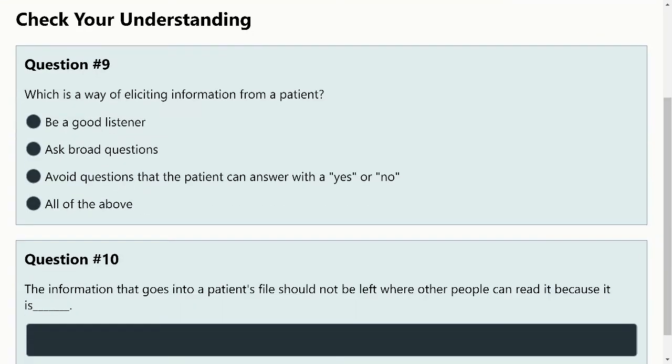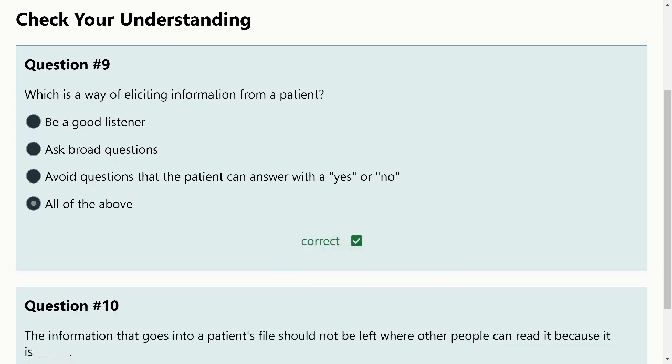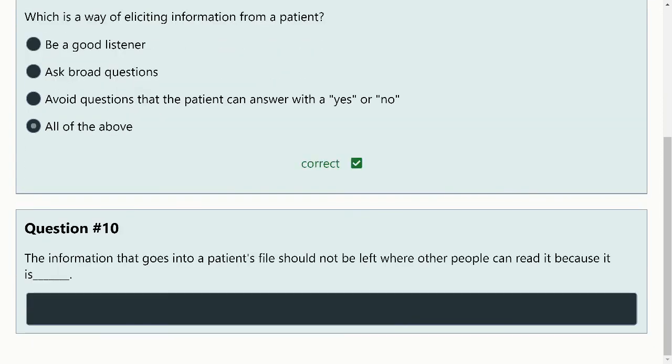Which is a way of eliciting information from a patient? Information that goes into a patient's file should not be left where other people can read it because it is